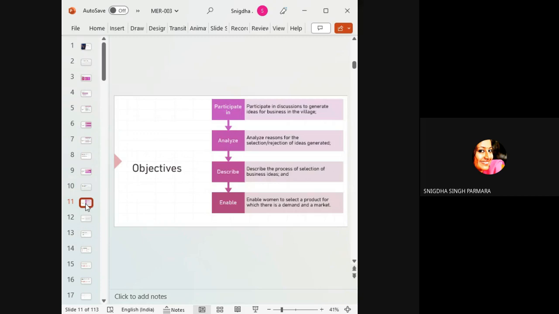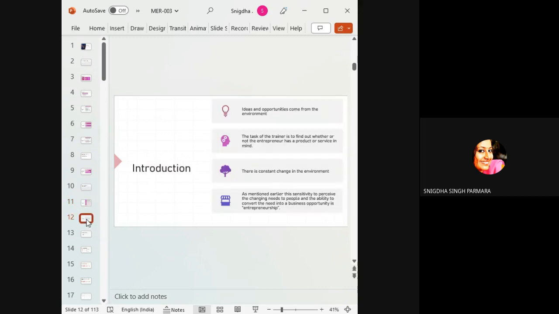So, at first, what are the objectives? This is analytical. I'm going to skip it. So let me introduce the unit to you first. Here, in this unit, we are going to study business idea generation, wherein certain points that is going to help you or assist you in understanding the concept better